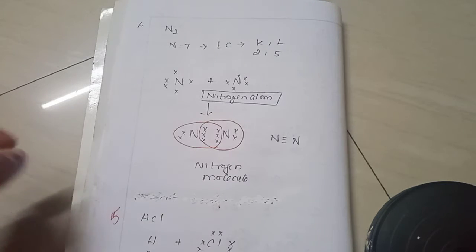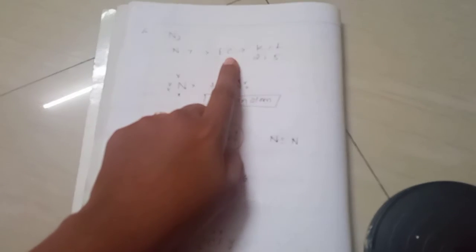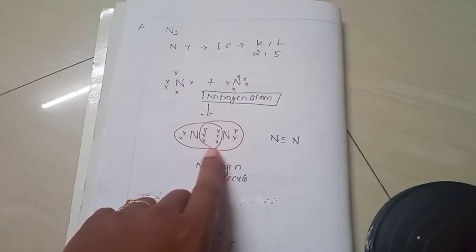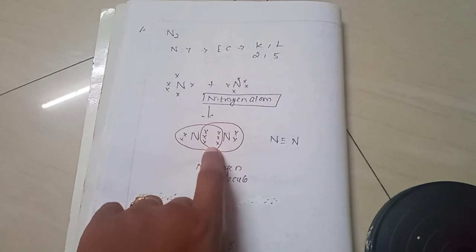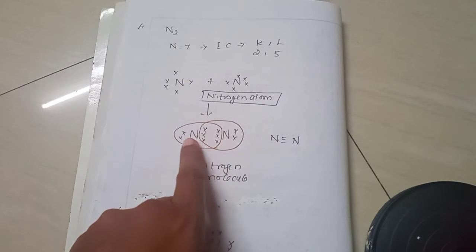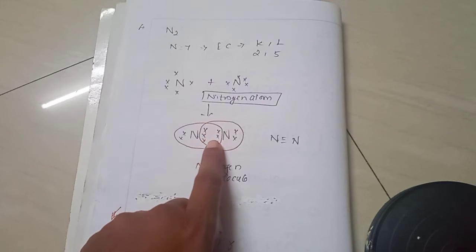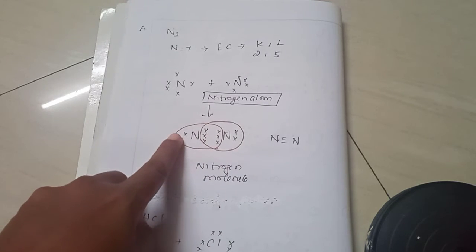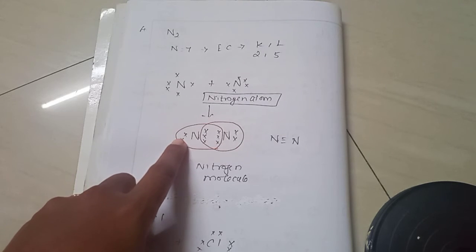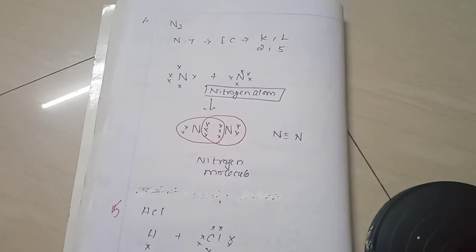We have seen 3 examples. The fourth one is nitrogen. Nitrogen has atomic number 7 and its electronic configuration is 2, 5. Here one nitrogen is sharing 3 electrons. In this you have to know the bonded electrons and lone pair electrons. These are the electrons which are involved in the bond, and these are the electrons present in the valence shell but not involved in the bond. These are called lone pair electrons. Even that you should know.